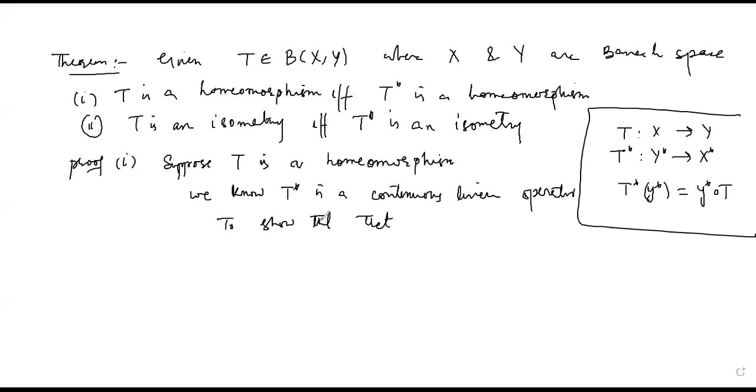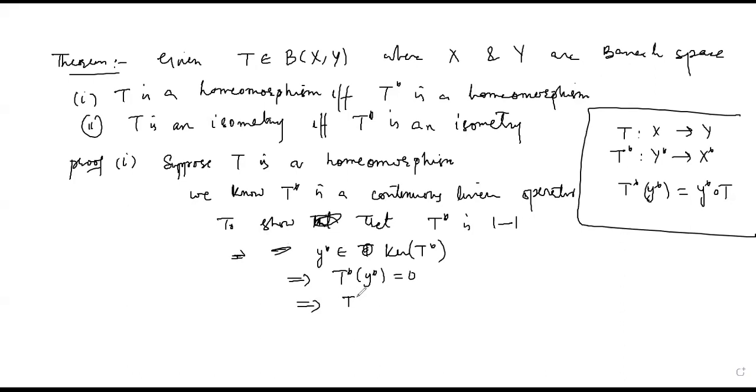We show that T star is 1-1. Say, if y star belongs to the kernel of T star, it would imply that T star at y star is equal to 0, which would imply that, because it's a function, T star y star at x is equal to 0 for all x belonging to X,